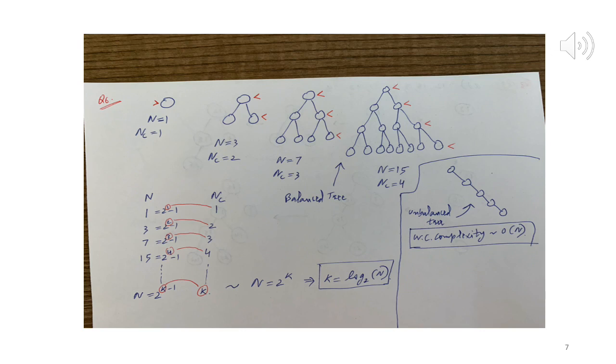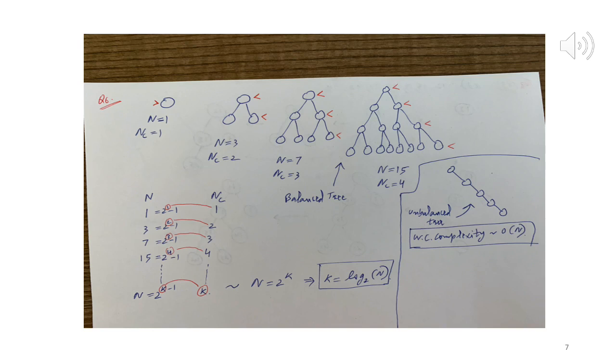So if you have a tree with 7 nodes, what we're saying is in no way will you have more than 3 comparisons. I hope everybody can see that. So this is for a binary search tree. Now moving on with n = 15, we have 4 comparisons. So you can see that as we are increasing the value of n, the savings we're getting in terms of NC really becomes better and better. The difference between n and NC starts becoming more and more.